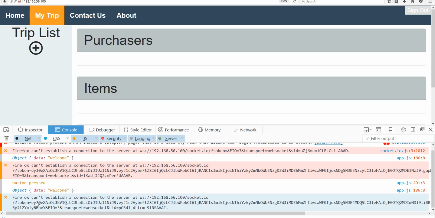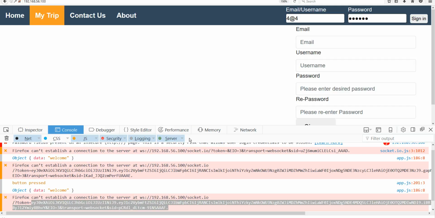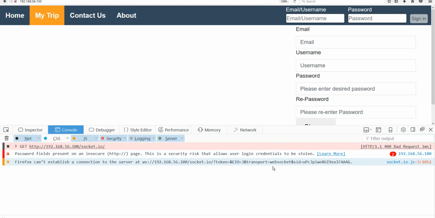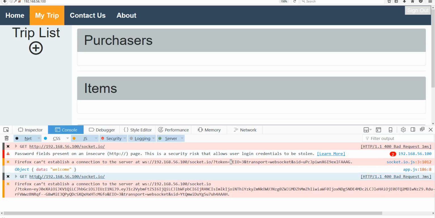So, over here we can see that we're using token-based authentication now instead of checking the cookies to see if we signed in previously. And also, for sign out, what I do is I send the client a fake token, and when I refresh, you're going to see that he's trying to connect with an empty token. So if we go back to signing in, I'll show you all the server messages in a second, but